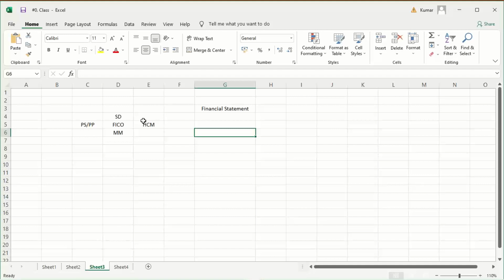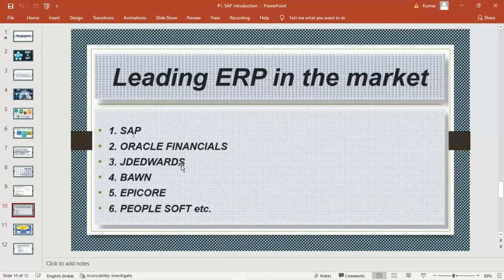That is why, guys, if you talk about SAP, management is always pretty much impressed with SAP, right? With the help of SAP, they will even have various kinds of controls on their employees. That also you will come to know later in an upcoming session. So multiple ERPs are there, but if you talk about SAP, of course, the market share of SAP is huge. None of the ERPs are even a bit closer to SAP. Oracle Finance, of course, is there, but not that much, right?